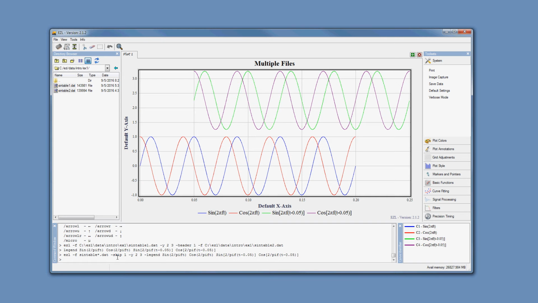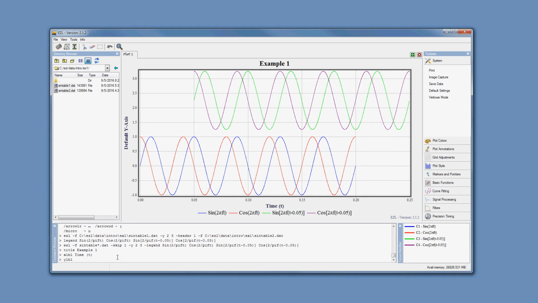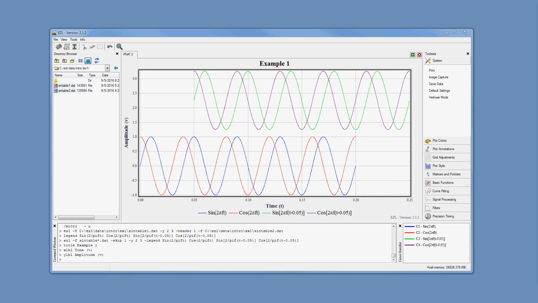And to finish our plot, I'll set our title and our X and Y axes. Now for our next example,